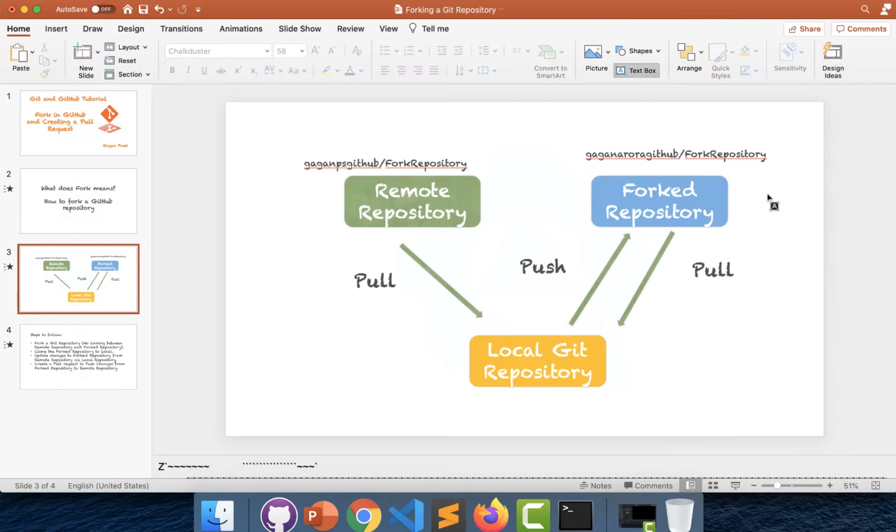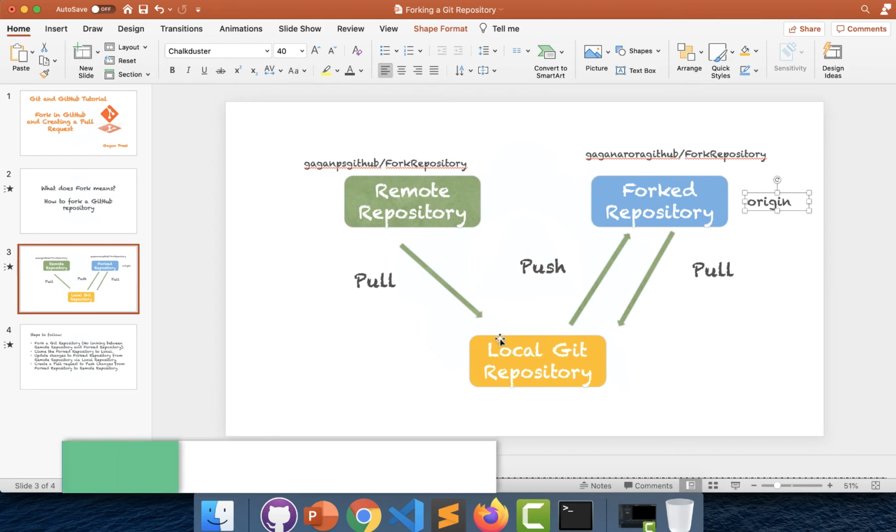So I will do one thing. I will type the name over here for our reference. This is the remote server for our local git repository from where we have cloned all the changes to our local git repository. Now, if you want to get the details from the remote repository that is over here, we cannot perform any operation directly on the forked repository as discussed previously. So for this, we have to create one more mapping or one more remote server for this particular local git repository.